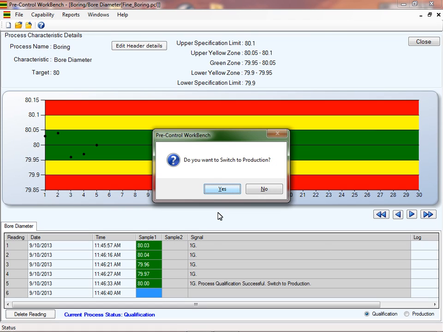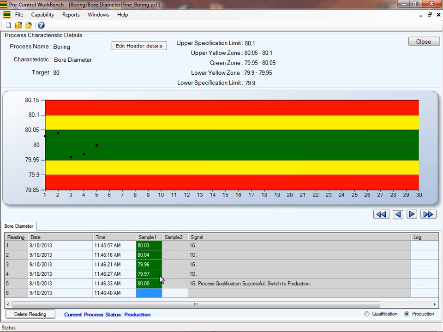You need to measure 2 samples. If both parts fall in the green zone, continue running the process.